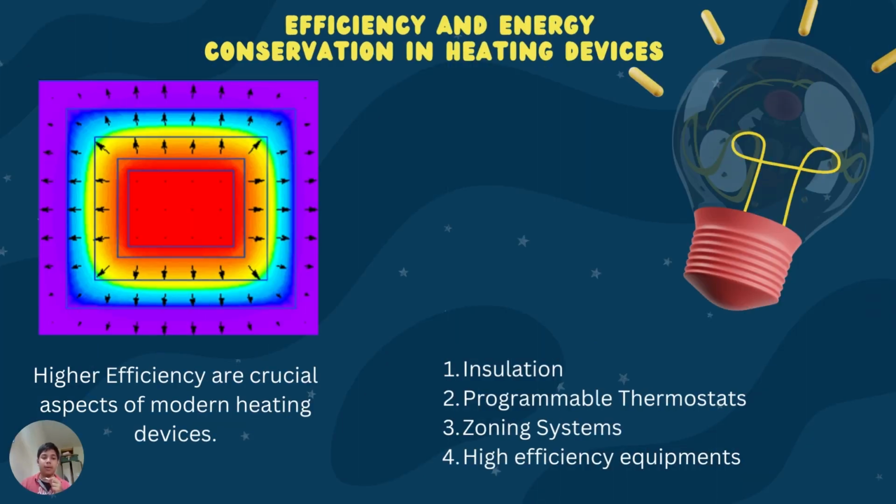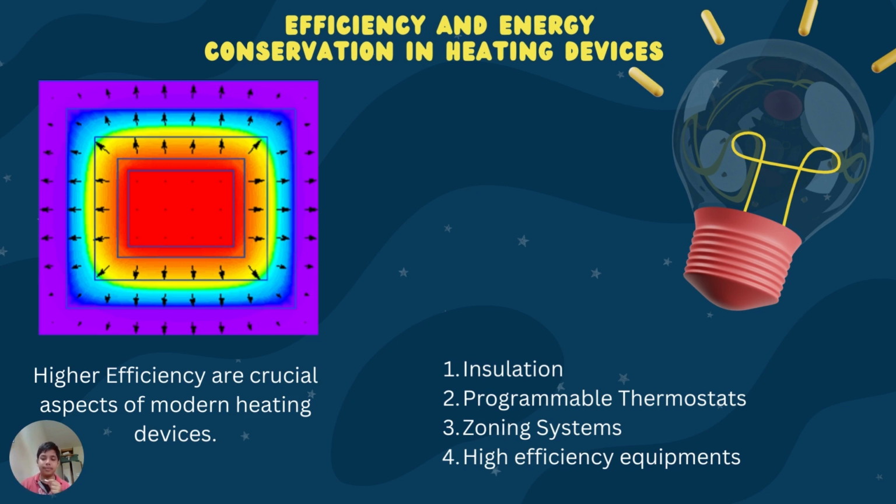So now we know how heat is distributed and controlled in heating devices. We need to make sure that the heat is conserved so that we can achieve high efficiency. So higher efficiency is a crucial aspect of modern heating devices. There are some methods that we can use, and some of them are insulation, programmable thermostats, zoning systems, and high